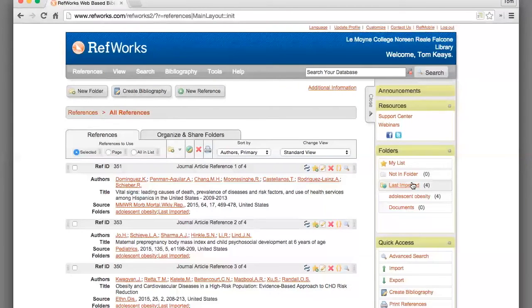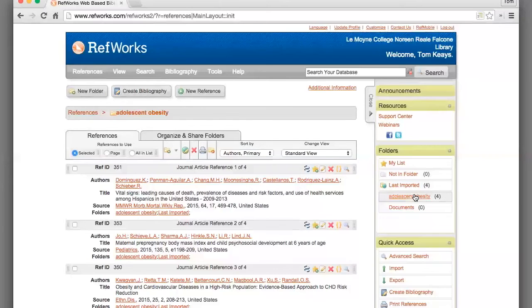Here you can see that I have placed 4 references in the Adolescent Obesity folder. And because I recently imported them into RefWorks, they're still stored in the RefWorks staging area, the Last Imported folder. We'll talk more about folders in a later video.